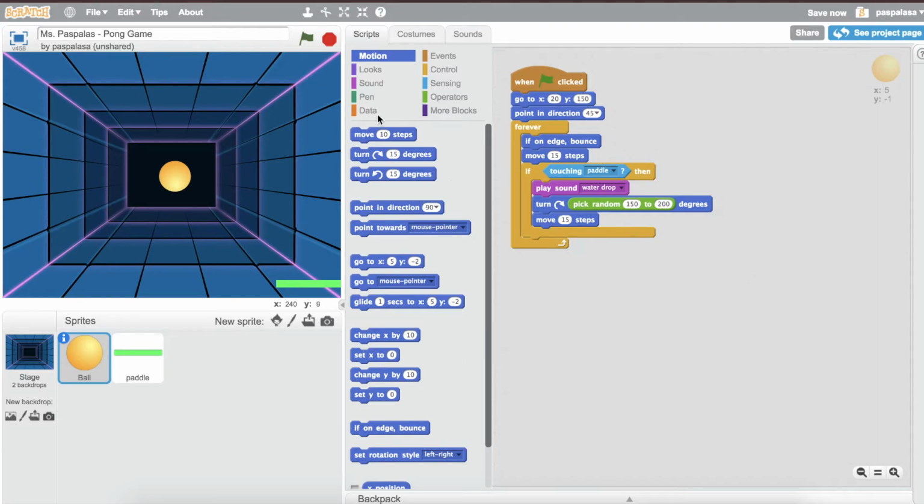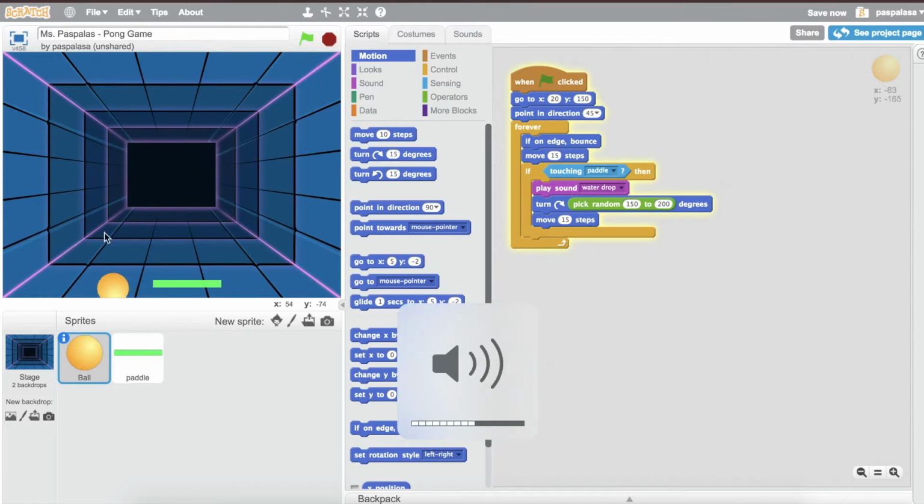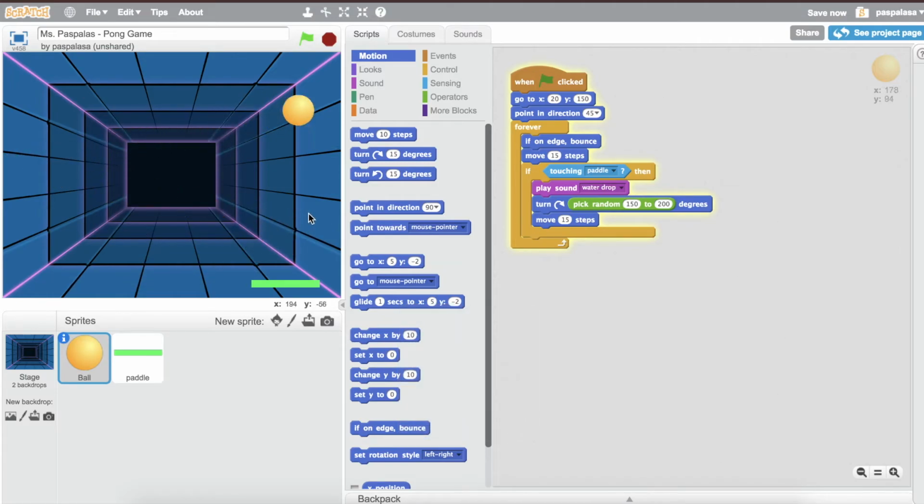So let's see if this works. So the ball now bounces off the paddle. It turns into a random direction and goes back around the stage. Now, if you notice, there was no losing this game. So even if the ball touched the bottom of the screen or I missed it with my paddle, nothing really